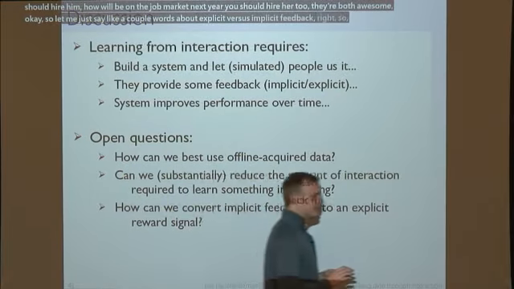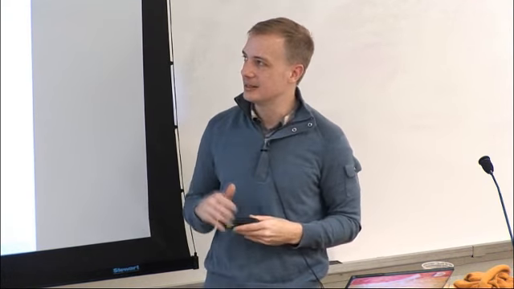So in the stuff that I talked about, I guess I talked exclusively about explicit feedback, where you get some numerical score at the end of the day for how good your translation is, or your question answering is in the case of the question answering that I skipped. So I think that this is useful for the use cases that I described, but at the end of the day, we really also need to think seriously about implicit feedback.